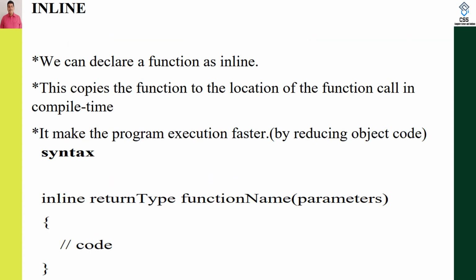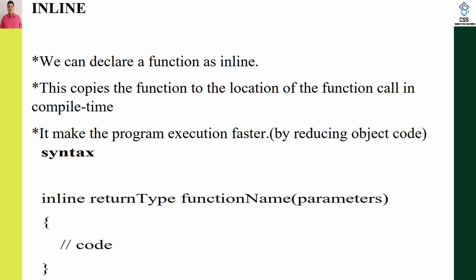Then an important keyword used in object-oriented programming is inline. Inline acts as a function specifier, a reserved word or keyword which reduces the object code, and program execution becomes faster. Suppose whatever program we write, that is source code. Suppose the source code is 2 kilobytes and its object code is produced and reduced to, suppose, 1 kilobyte, program execution is faster, because as we know, when we are writing the program, that is source code,